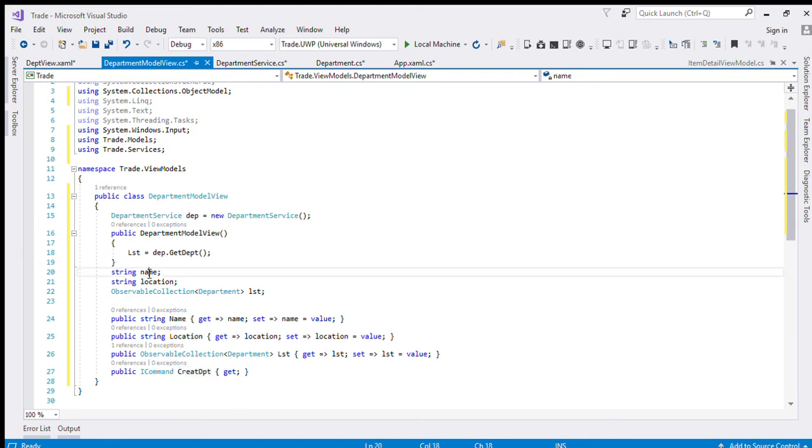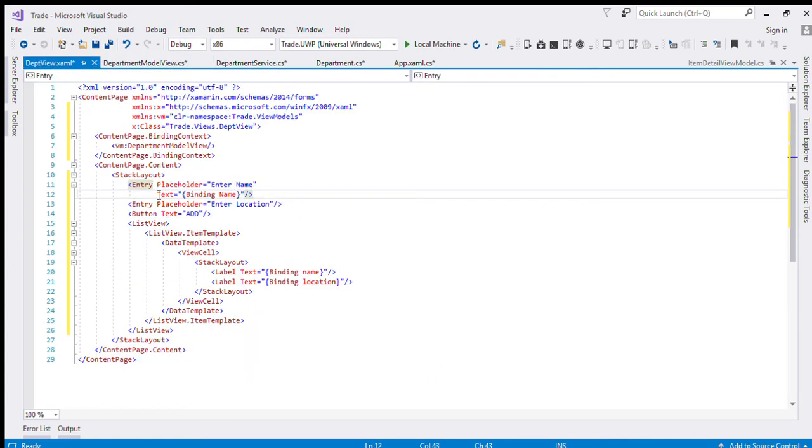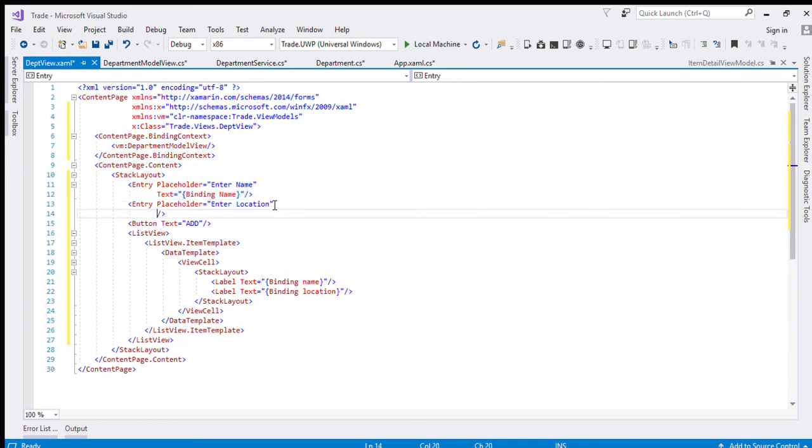If I want to have access to this name, I need to use the property. The same thing with this one. Text equal to binding